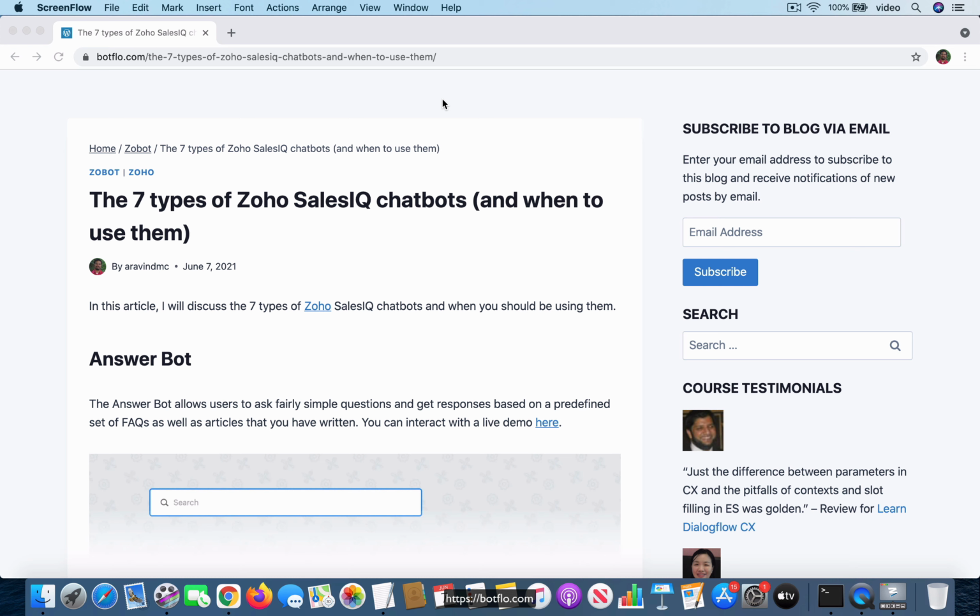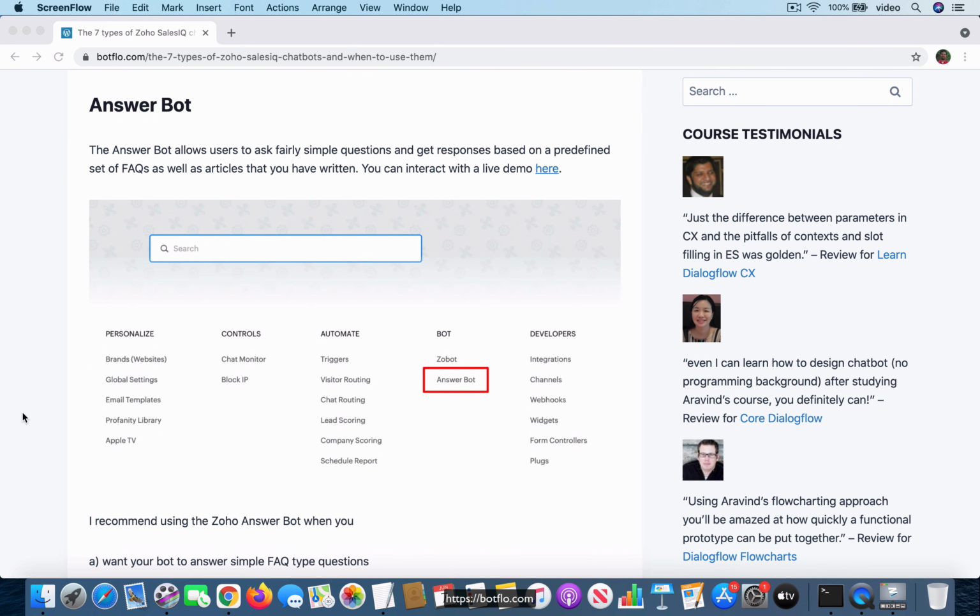So the first type of chatbot you can build is the answer bot. The answer bot is actually a very simple FAQ chatbot, and I even have a live demo on my site. You just define a set of questions and provide a response, and also associate it with some existing articles. Based on the user's question, the bot will try to provide either an answer or the associated articles, or